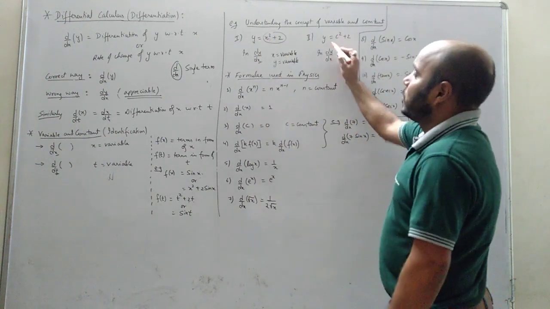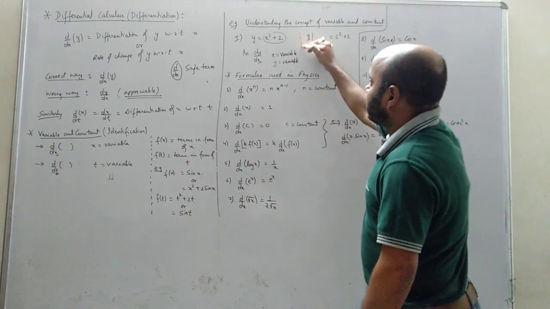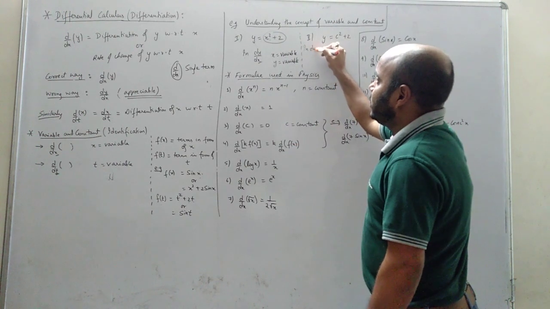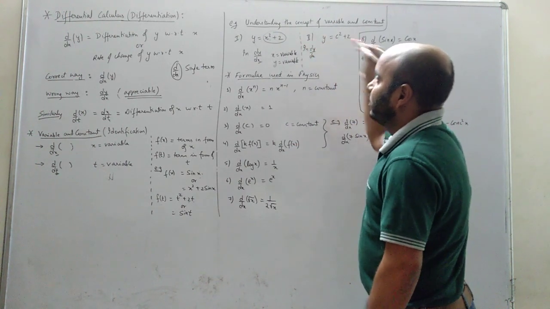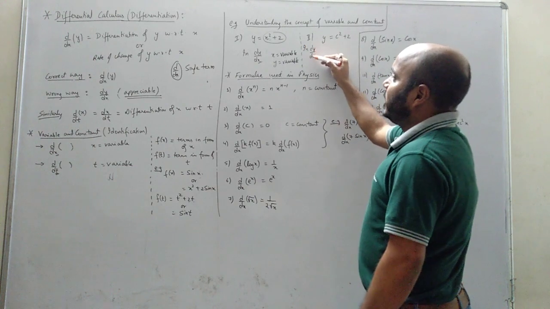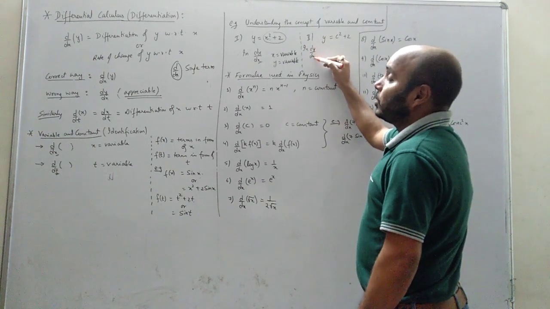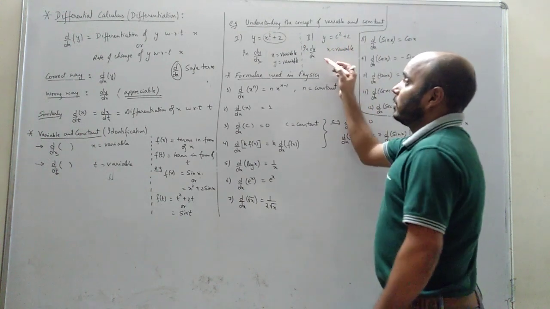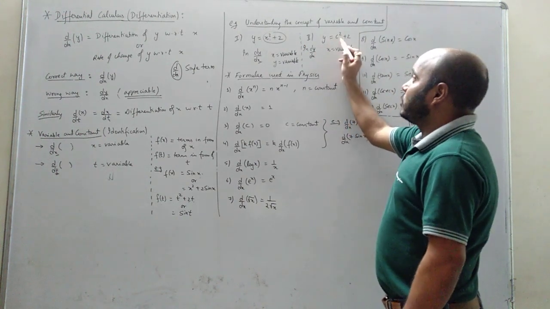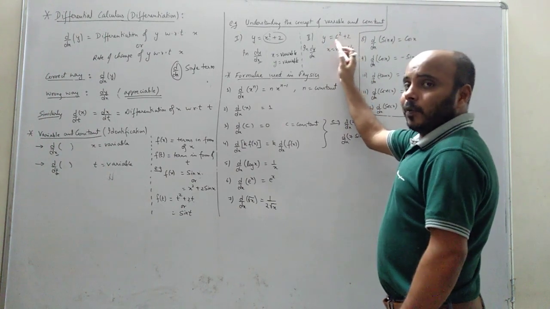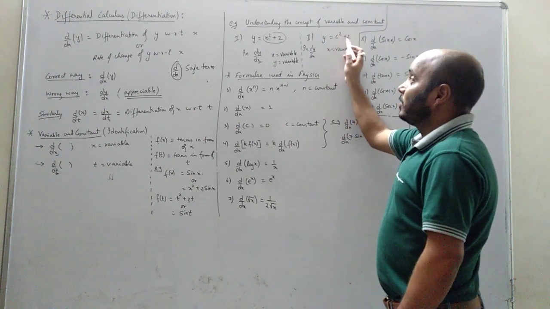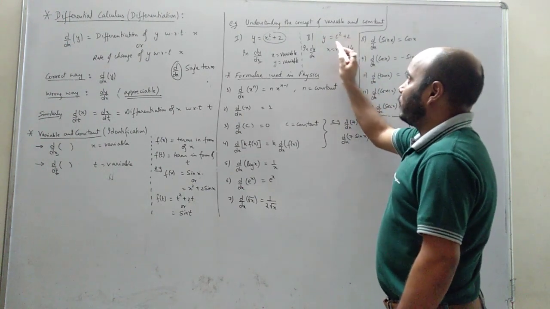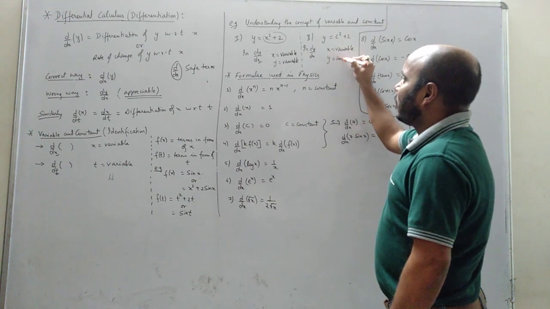Understand? But in this case, see, y equals c square plus 2. Okay, this is an example. So we have written dy by dx, with x in the denominator. That means x is a variable. But what happened to y? y is not depending on x. See, y is not depending on x. y is a constant here. Because x is variable, but y is not depending on x. There is no x in the y expression. That means here y is a constant.